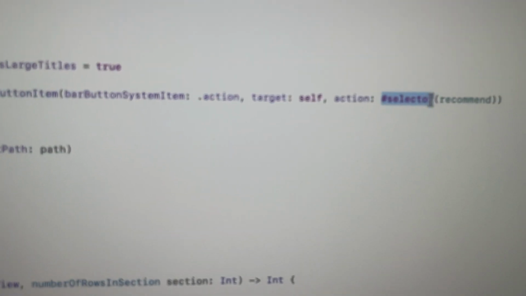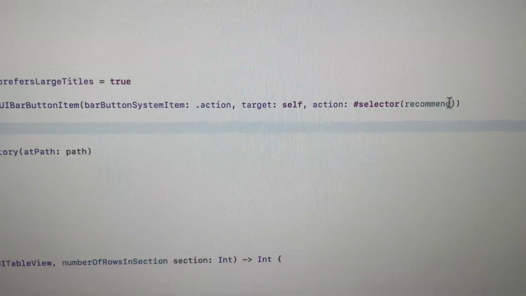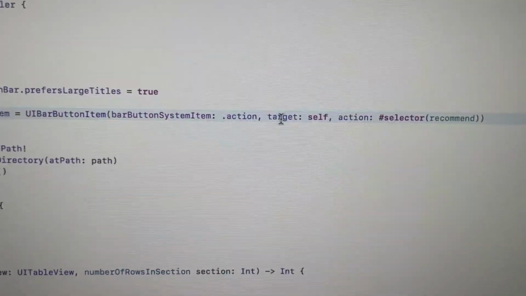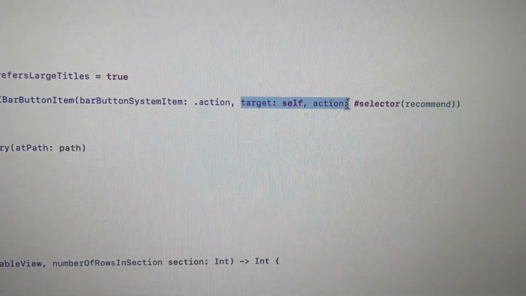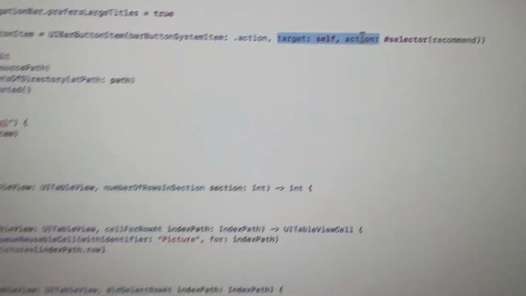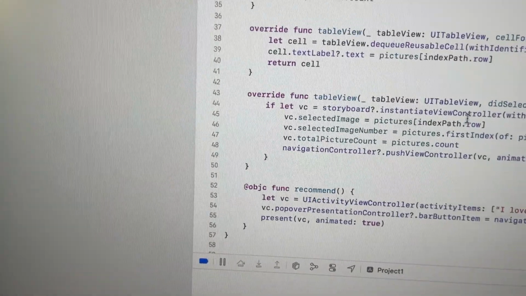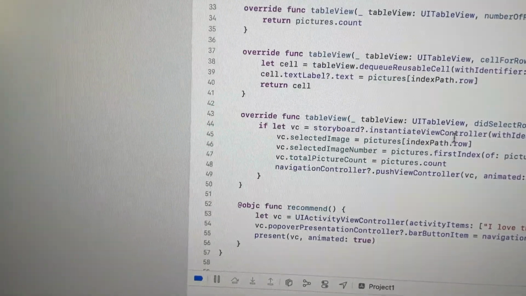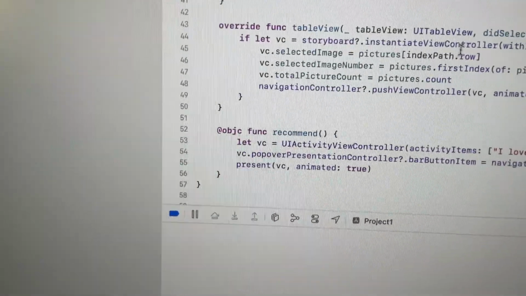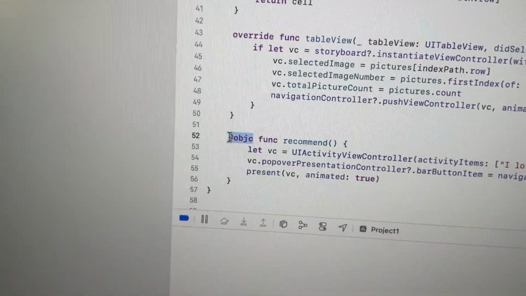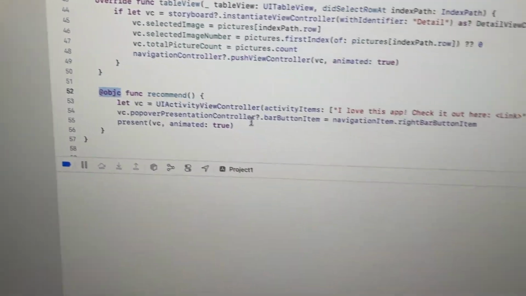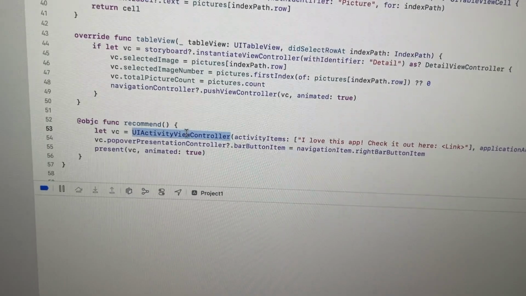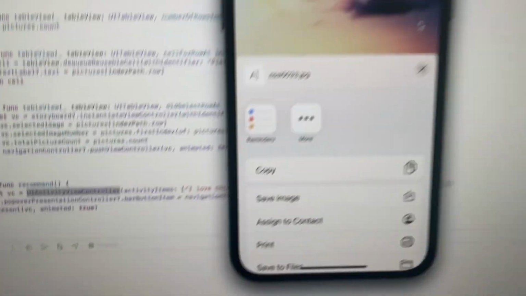And this hash selector basically shows that it needs to be able to use Objective-C in order to run, because this target-action thing is a whole Objective-C thing. So that means that in order for that to be called, we have to be using a function that is capable of being used in conjunction with Objective-C, and that's why we have this @objc thing before the function definition for recommend. And then the recommend function is what actually presents the UIActivityViewController, which again is this thing right here,